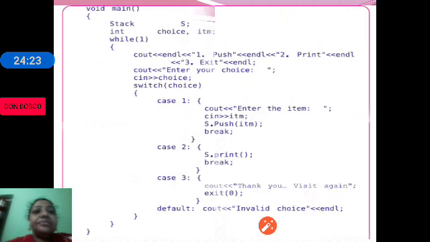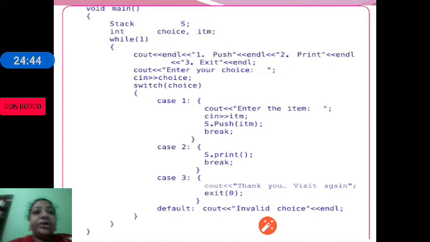As we know, execution always begins with main, where we are creating an object stack. Then we are giving a choice to the user: 1 to perform push operation, 2 to print, and 3 to exit. We ask the user to enter their choice.